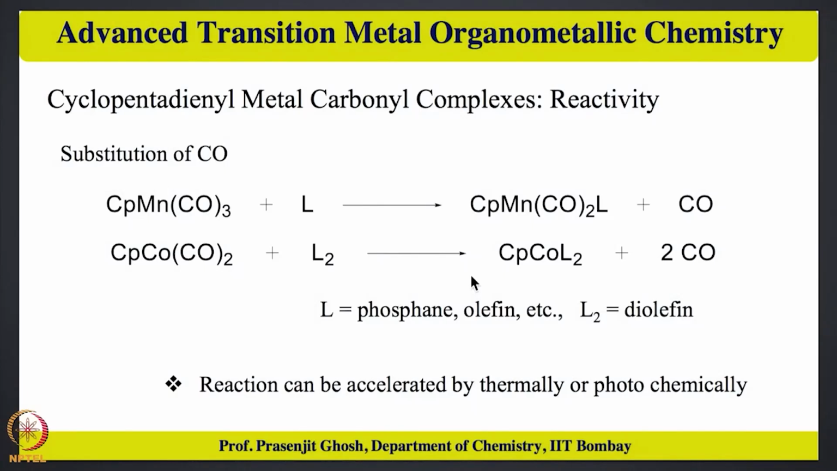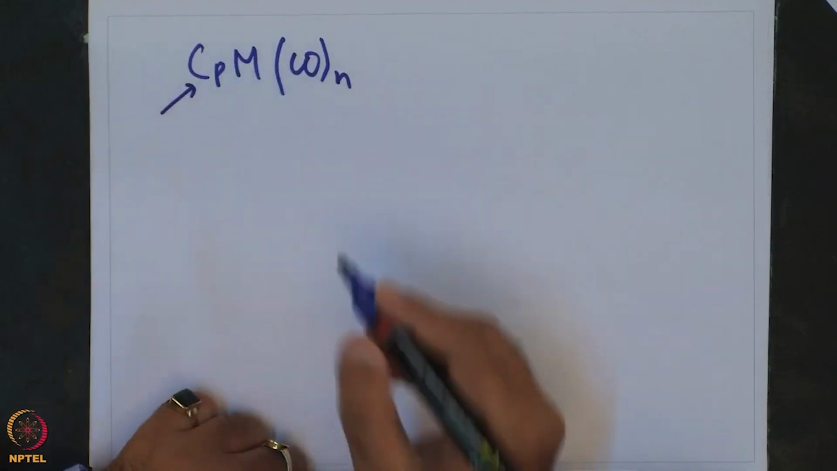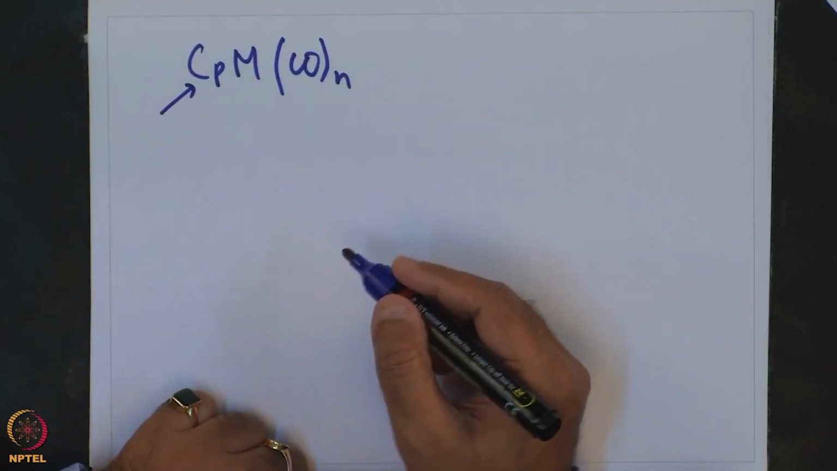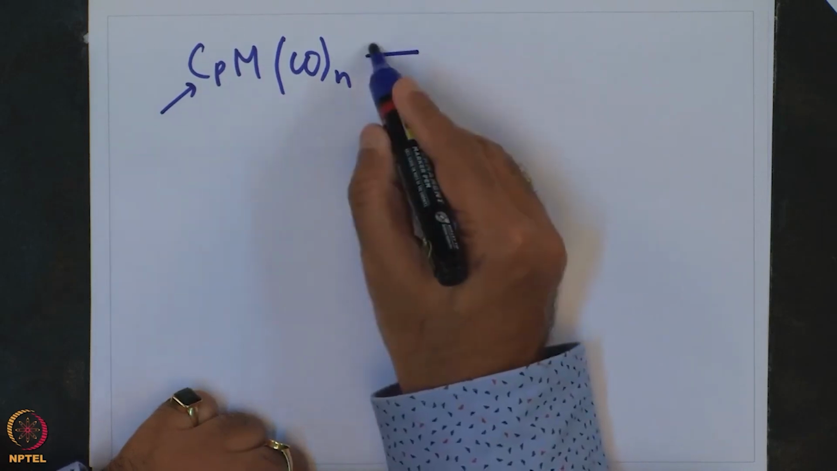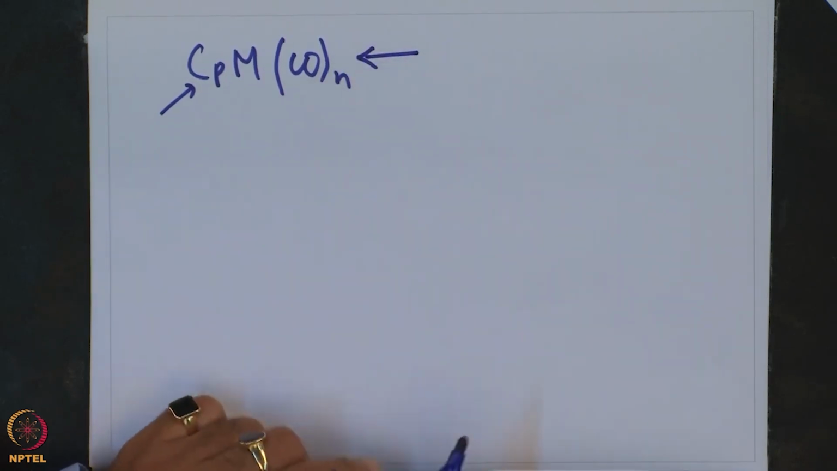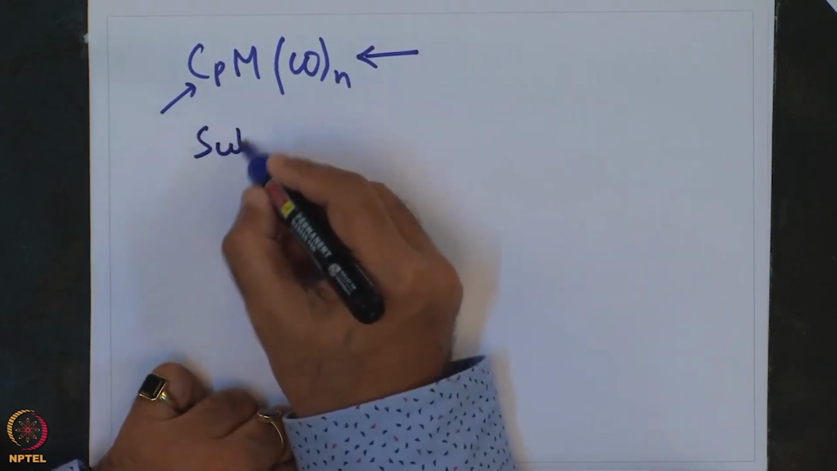So, as far as the substitutions are concerned, there are two kinds of substitution that might happen in such complexes, which are CpM(CO)n. The substitution can happen at the Cp ring, which we were just talking about as electrophilic ring substitution. The other possibility is substitution occurring at the CO, and we are going to see how that affects. So, substitution